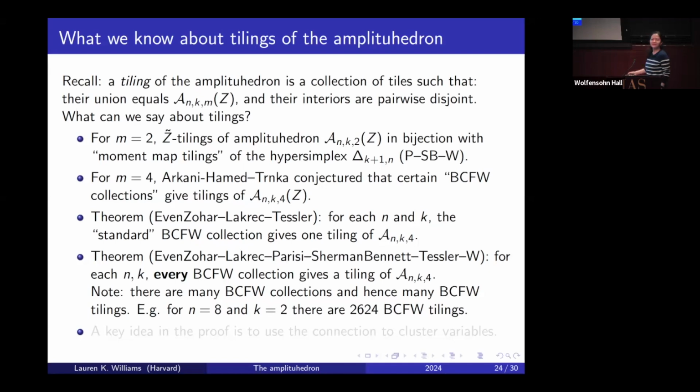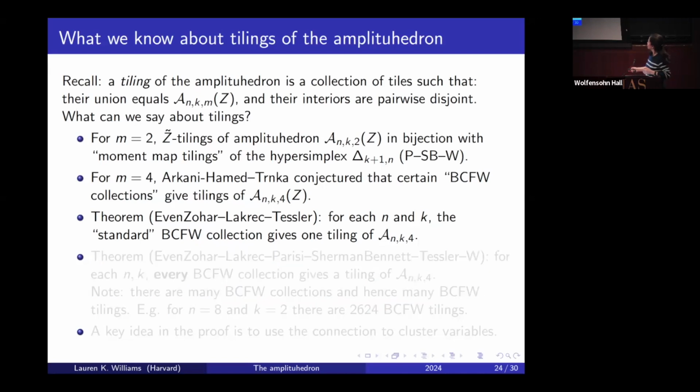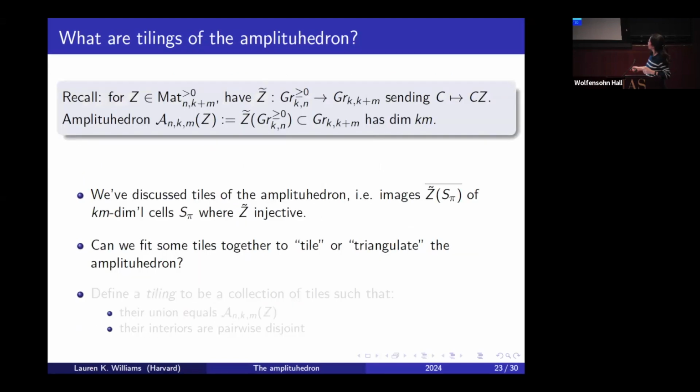So there was an argument, which is probably not correct, that non-standard BCFW recurrences are obtained by twisting and rotating each piece in an observable way. But it sort of, yeah, so